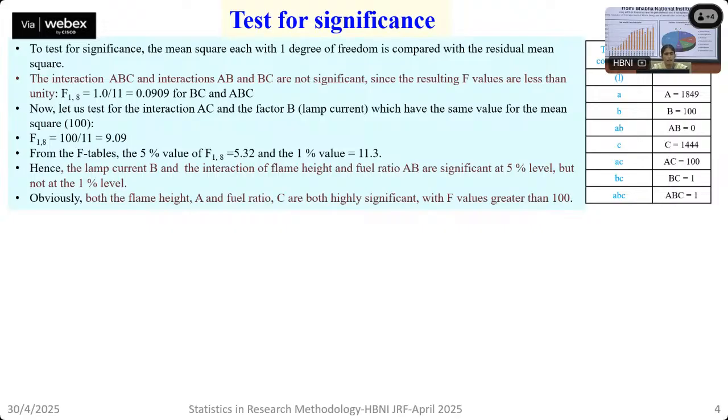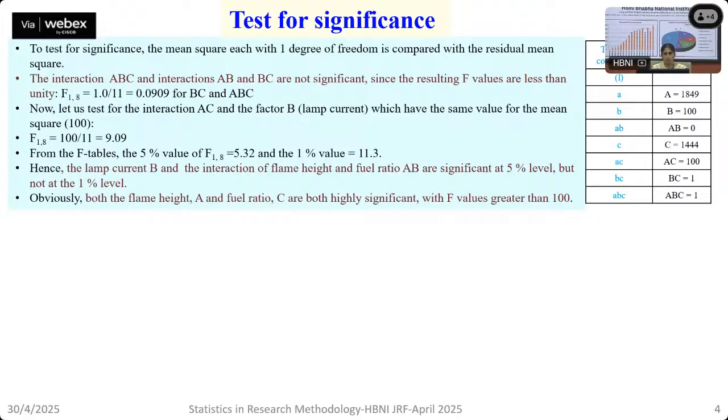significance level. As the value 9.09 is larger than 5.32, we can say that the interaction effects are significant at 5% level, whereas at 1% level, there is no interaction. That means at 1% level, the values seem to be statistically identical. But if you put the significance level as 5% for F calculations, then you say that yes, they do interact